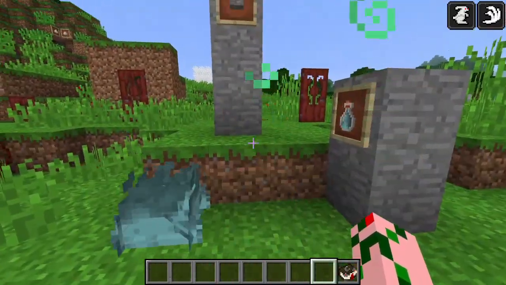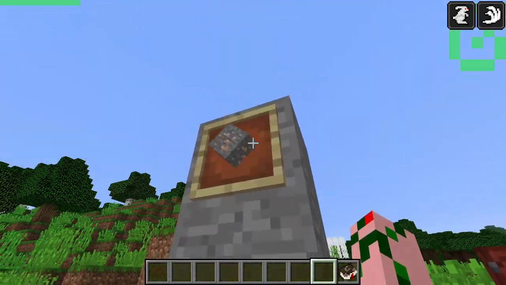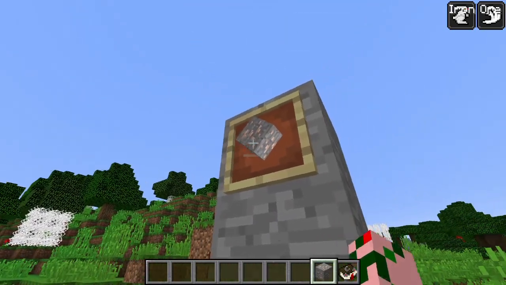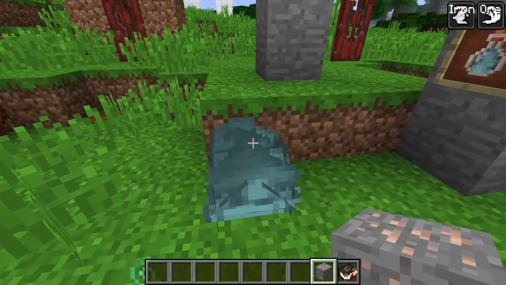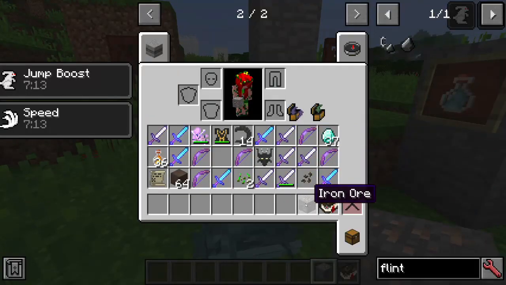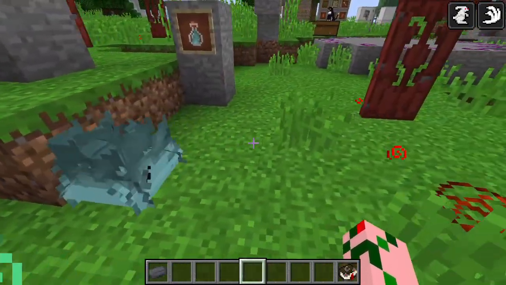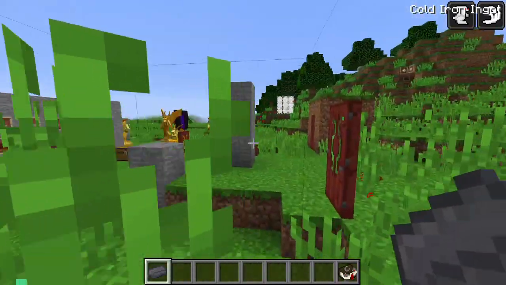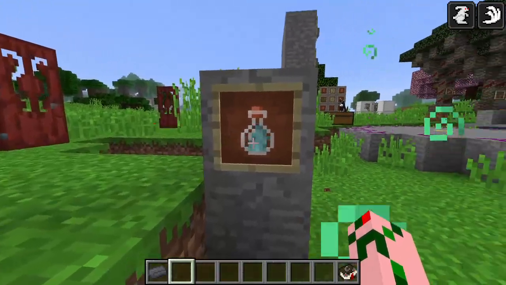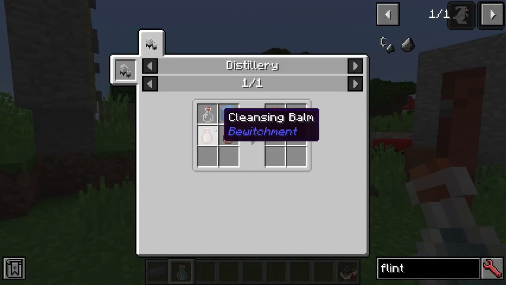From there, we are going to cover something that I've only figured out just recently, which is how to get yourself lovely cold iron. To get yourself some cold iron, take yourself some iron ore, throw it into cold fire, and bam, you get yourself some cold iron ingots. How do you get the cold fire, though? You get it from the bottled frostfire, sorry. How do you get that? You craft it with